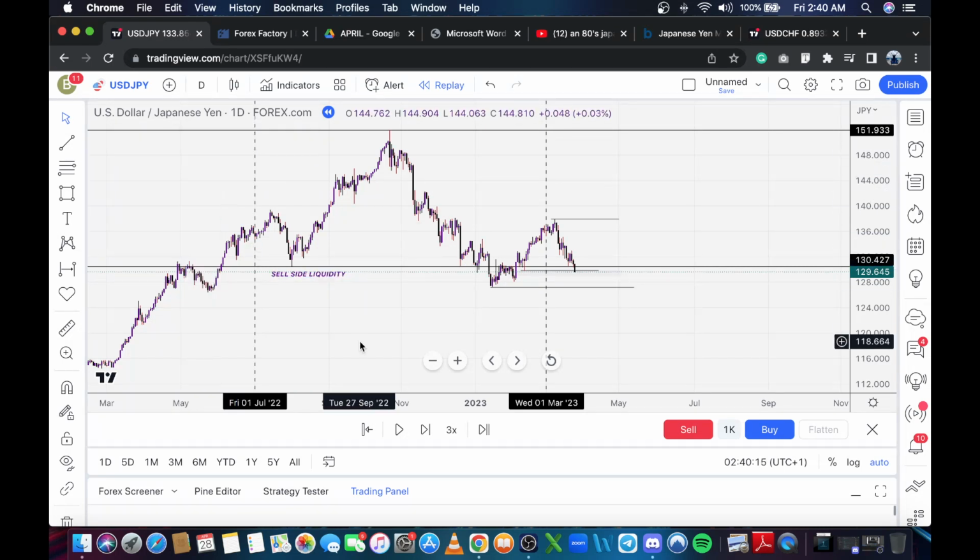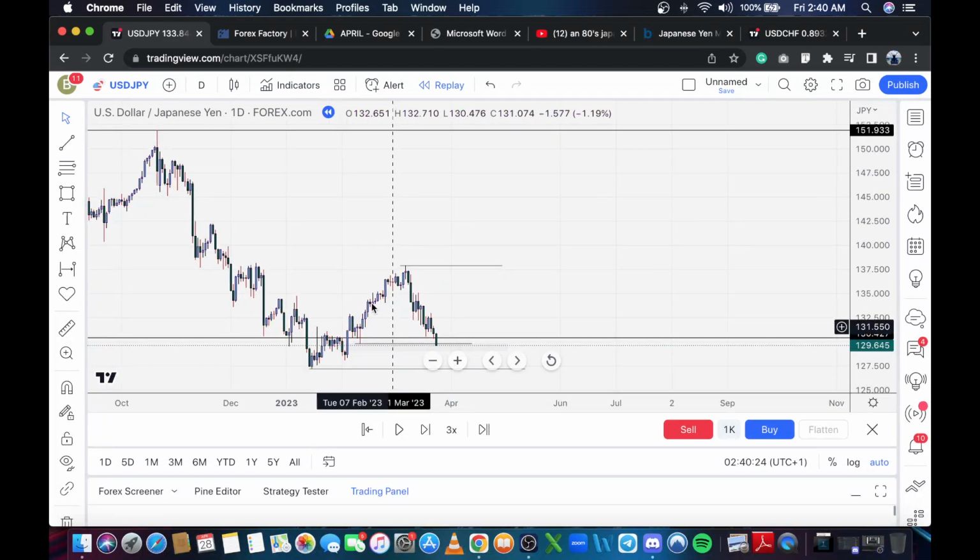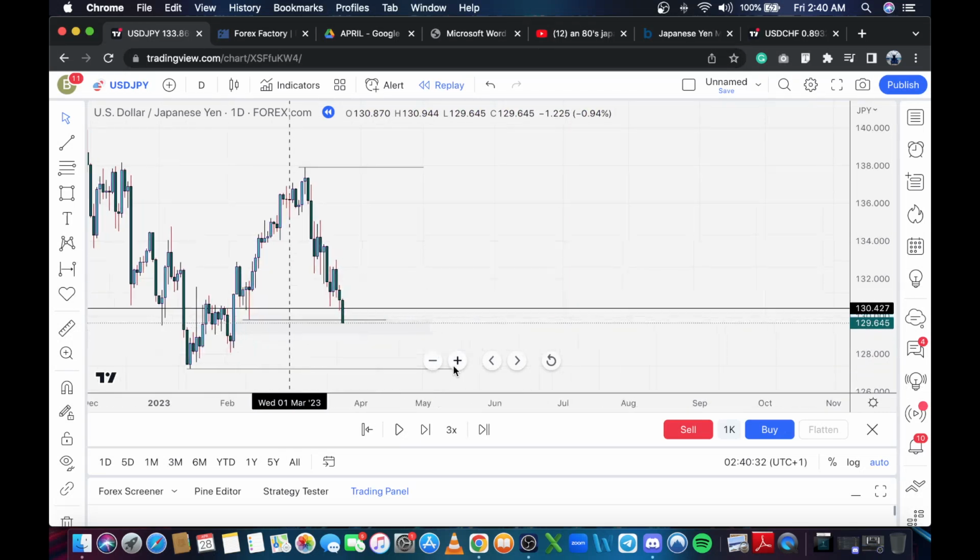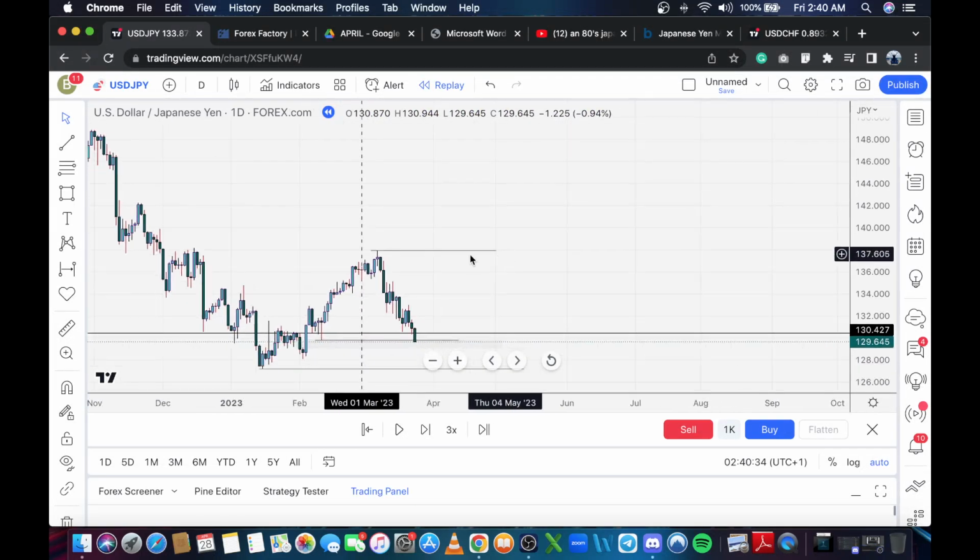Okay, we had a run on sell side liquidity here, and we've seen willingness in price to displace aggressively. So all of this is institutional sponsorship. We had a break above the last 20-day high. So if we did our cast back to the last complete month and went back, okay, you can see that